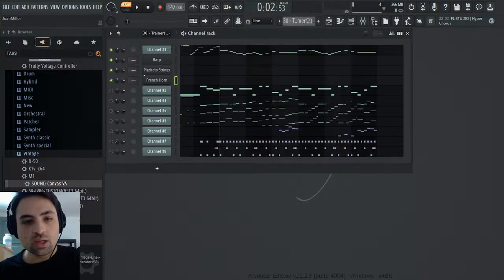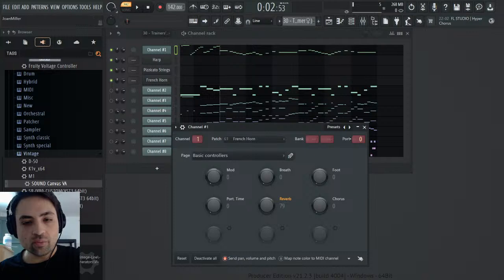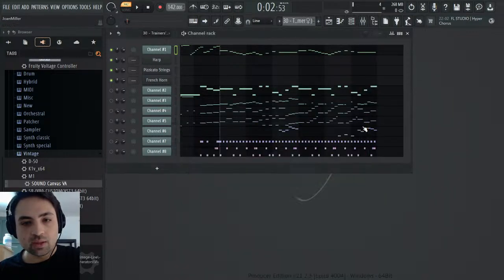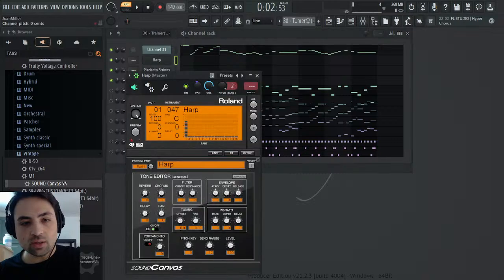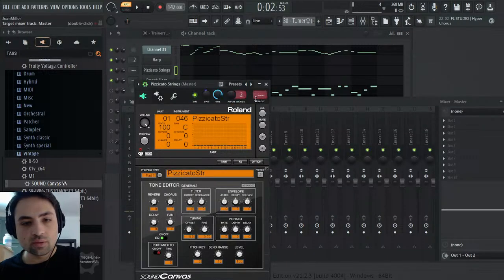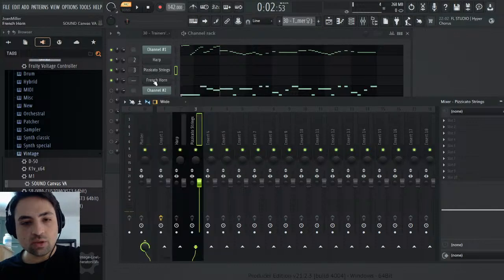Nice. Okay, now we have no vibrato, no pitch stuff going on here. Okay, so let's move on. Well, let's give it mixer tracks first. Harp, pizzicato,